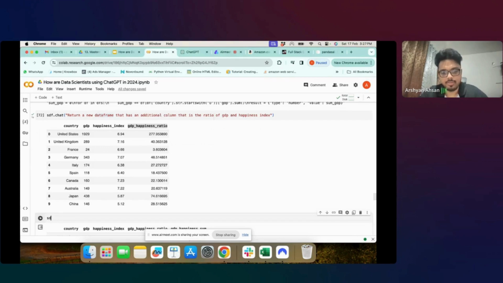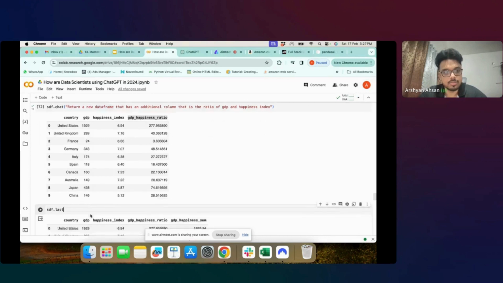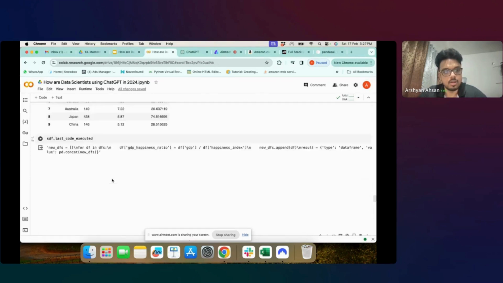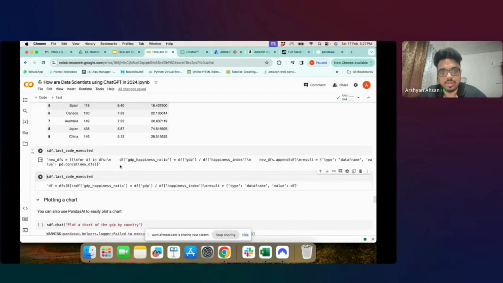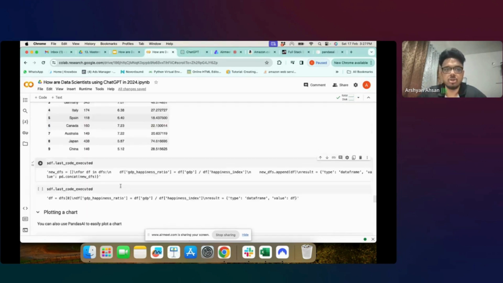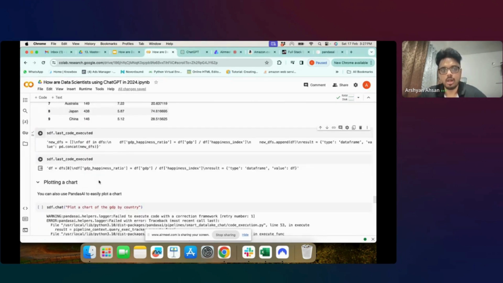इस चीज को उसने किया कैसे वो भी हम देख सकते हैं। sdf डॉट लास्ट कोड एग्जीक्यूटेड, लेट्स सी। सी, तो उसने काफी सिंपल है, यहाँ पे एक नया उसने कॉलम डिफाइन किया है विच इज दिस बाय दिस एंड देन उसको अपेंड करके इट इज प्रिंटिंग इट। वेरी सिंपल। तो बेसिकली जो मैंने बोला वो तो उसने कर भी दिया। पांडाज एआई वाज एबल टू डू व्हाट वी सेड, बट इट आल्सो शोड मी द कोड यूजिंग विच इट एग्जीक्यूटेड इट। ठीक है।